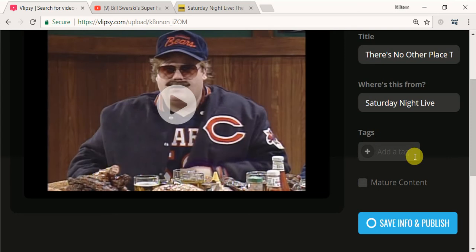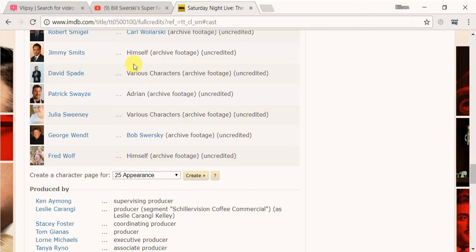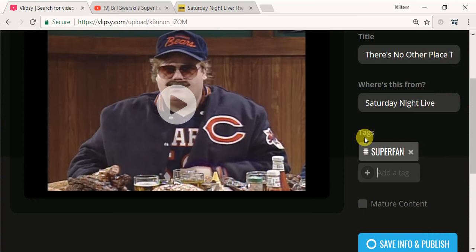So what I'm going to do is I'm going to put in Superfan. And this is also where you can pull from imdb.com, which I have right here. This is particular characters from this short, which is George Wendt, this is Bob Swirsky or Bill Swirsky Superfans, which again is the first thing it started off with. So I'll do that, and then Chris Farley,